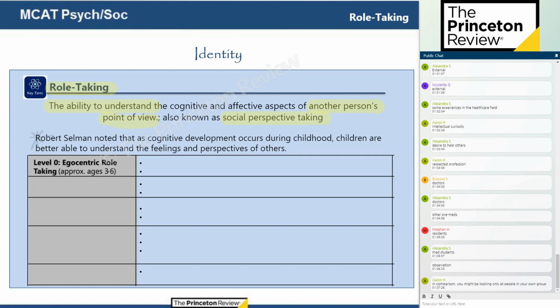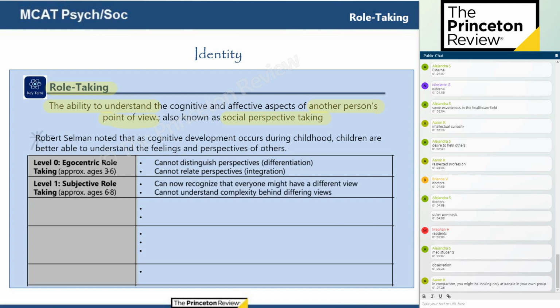So very early on, pre-infancy and preschool, basically we can't do this. And we will see this when we talk about Piaget as well. Little ones can only understand the world from their point of view. And then when we get into early elementary school, we understand that people see things differently, but we can't really process all the nuances and complexities of that. We just get it that different people think differently.